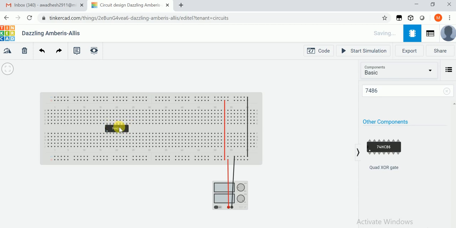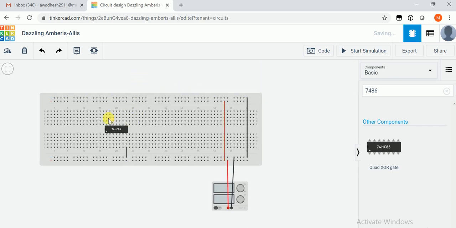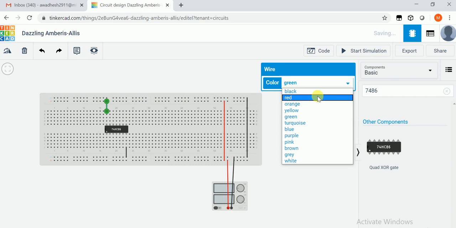There are 14 pins and the 7th pin is ground. So we connect it to the ground. This is grounded. Make it black. And this 14th pin should be power. So we'll connect this to the power supply and color it red.